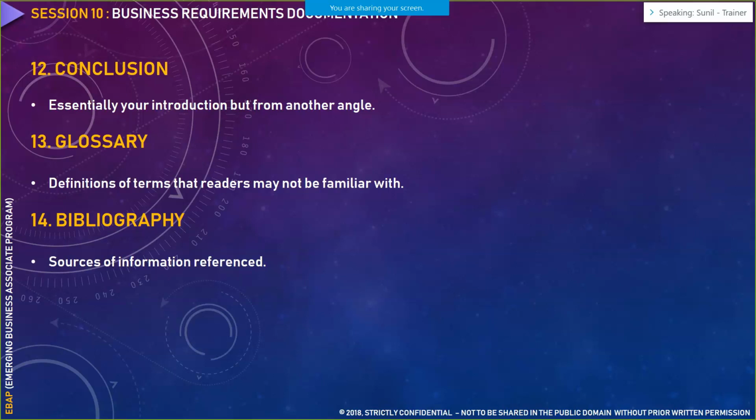Now, can anyone tell me, if you are working as a business analyst, or you just joined your organization and someone asks you to write a business requirement document, what's the first thing that you would ask them?